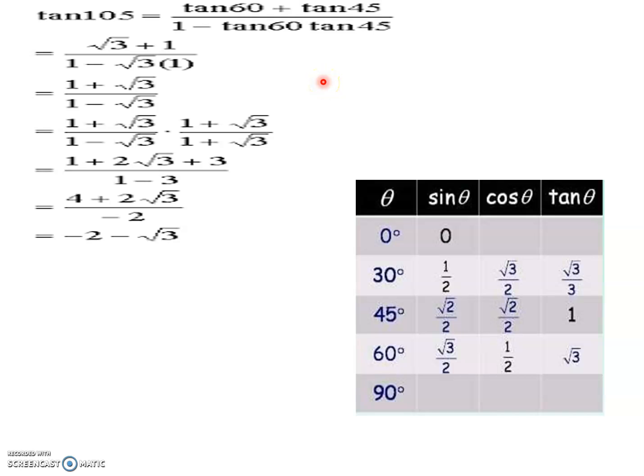Here we have to use both formulas. Tan(a plus b) is equal to (tan a plus tan b) upon (1 minus tan a into tan b). We have to rationalize the denominator; here it is minus, so we take the plus. Then the simplification term is that (a plus b) whole square is a square plus 2ab plus b square. In the denominator, root a square is a. In this way we have to use the law of indices, the rationalize method, and the tan(a plus b) formula to solve such types of examples.